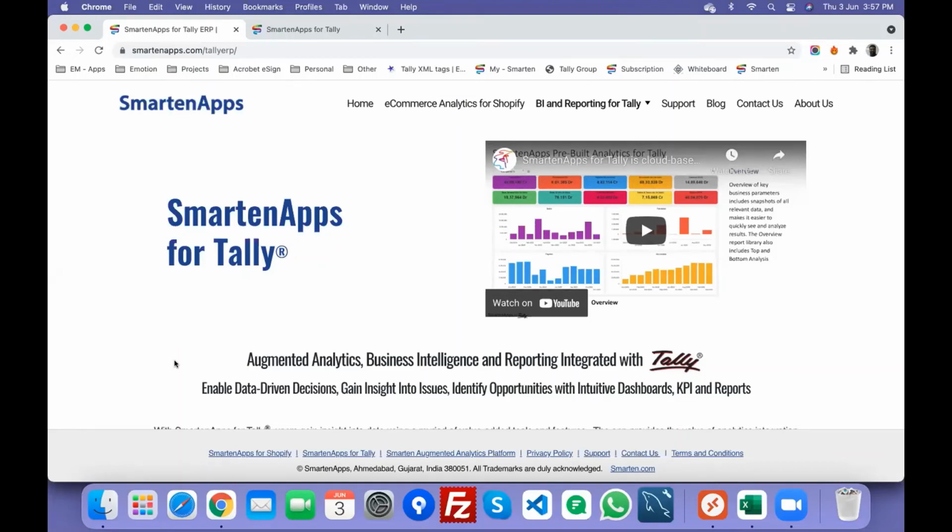And you can integrate multiple data sources if you want to bring in your CRM data or Excel or any other SQL Server data or even Google Analytics data, for example. You can bring that if you are using our enterprise solution. So this Smarten app is an out of the box software as a service, pre-built, low cost, high availability service.